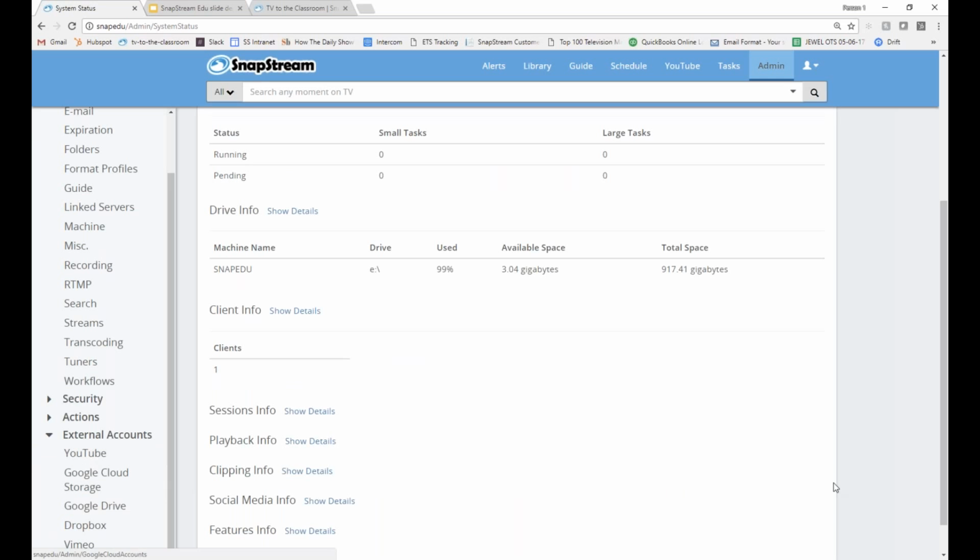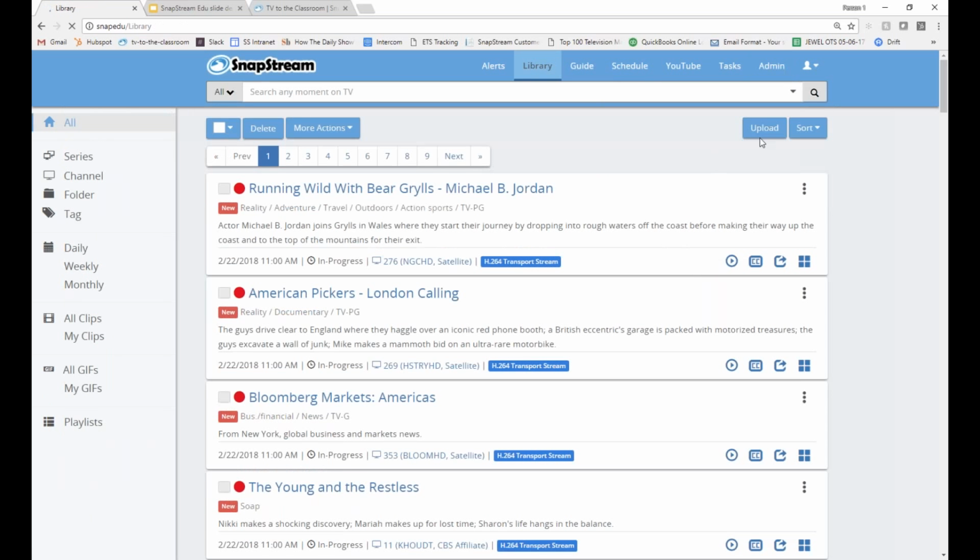And I can make that available for outside users to see. I cannot directly take content from YouTube or any other outside location and import it to SnapStream, but you could definitely download it to your workstation and then upload it into the SnapStream library as we looked at over here.